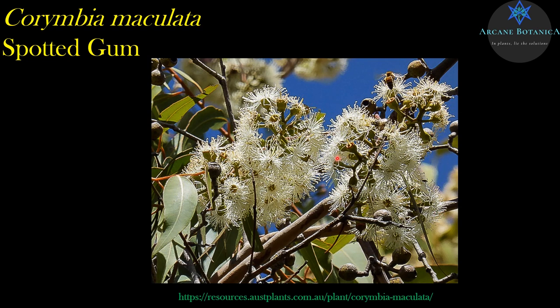I didn't have a flowering shot, but basically this is what they look like. Off our plant database here, you can see the fruits there again, and these nice cream staminate flowers, probably produced in spring to summer, and probably a favourite with European honeybees and a whole heap of other insects, flying foxes as well. But even there, you can see that they're pretty much on the terminals or near the terminals of the plant. Oh, there's actually a honeybee there. I've only just seen it. So there you go. I swear I did not see that before. So that's a really good shot.